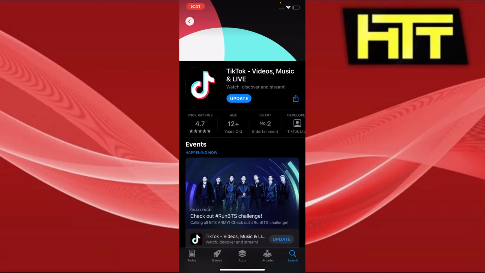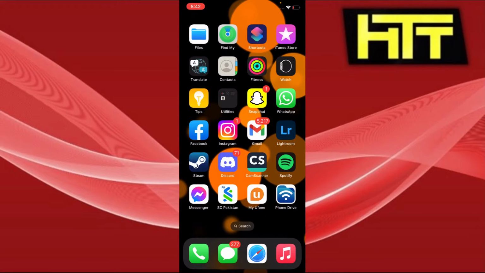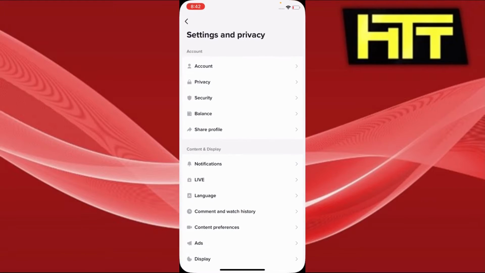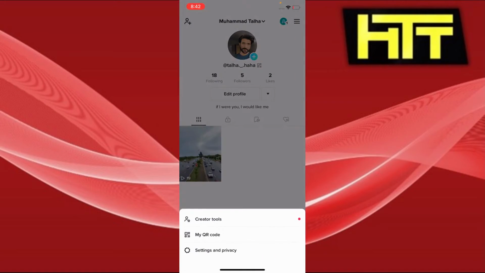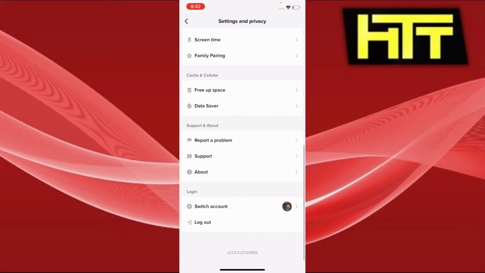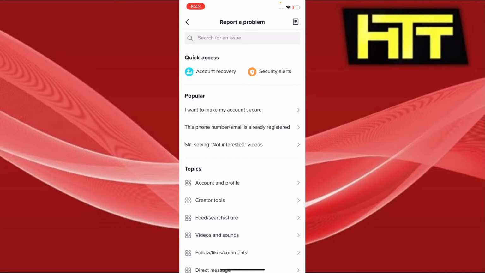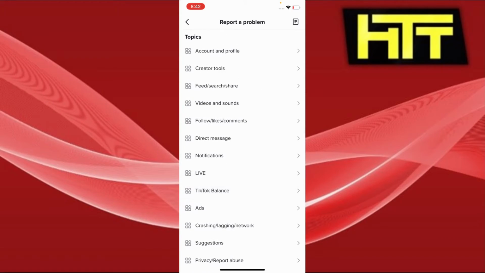Once you're done messing around with these settings, the next thing I want you to do is open your TikTok, and then go to your settings and privacy, which comes from your profile on the top right. Now we're gonna scroll down and find the support and about section, and go to report a problem. Once you've done that, we're gonna find anything that says direct message. Here it is. I'm gonna go there,